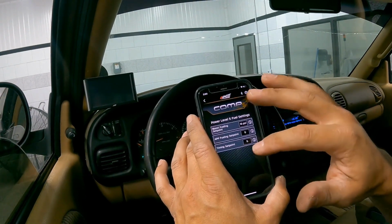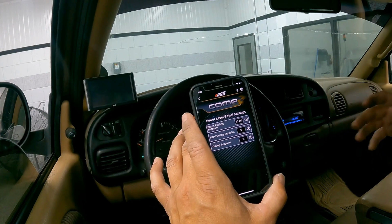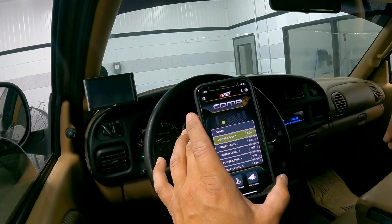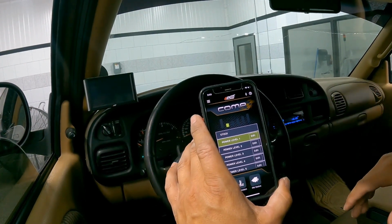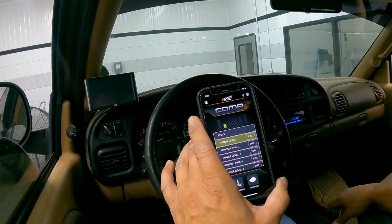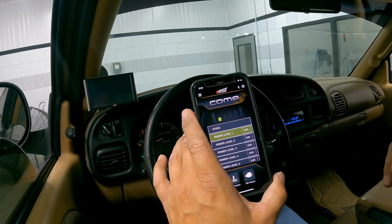We can go in and edit power level 5 so that it spools the way it needs to off the line, gives you max fuel. As soon as you get into that throttle, we can fine tune every power level so that you can have a range from mild to wild and use this truck for what your application needs. You know, the engineers really spent a lot of time on this new comp